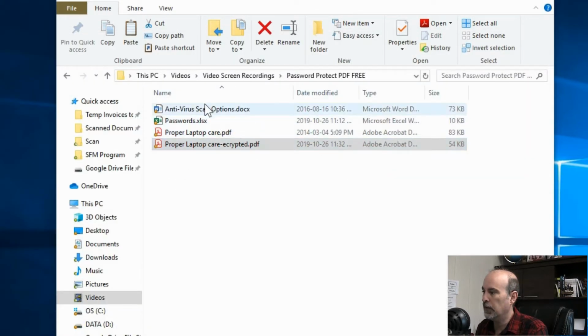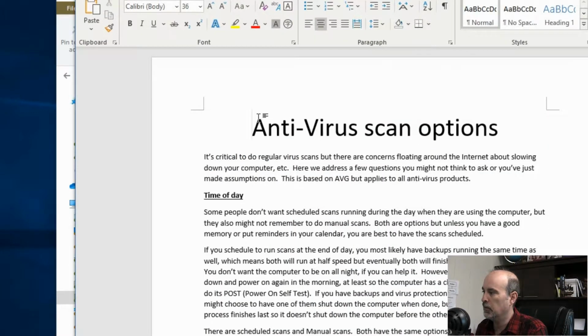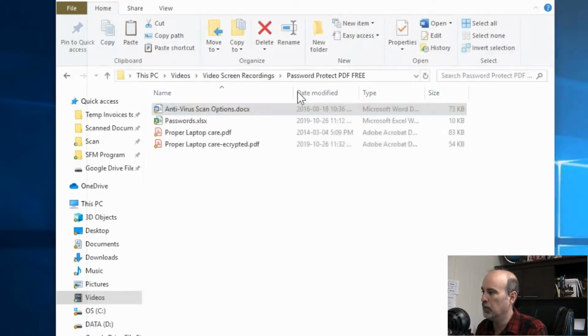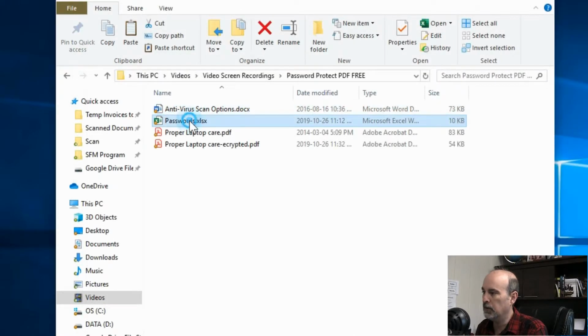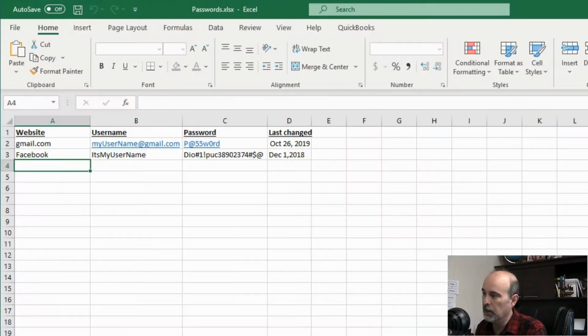So let's look at how to password protect a Word document or a spreadsheet. So this Word document, currently it opens without a password, and this Excel sheet, which looks like an important one, it's a list of passwords, it is not password protected. And this is another bonus for you guys. So many people have so many passwords to remember that they'll either put in such a basic password or use the same password for just about everything.